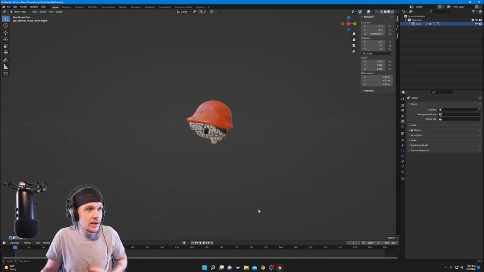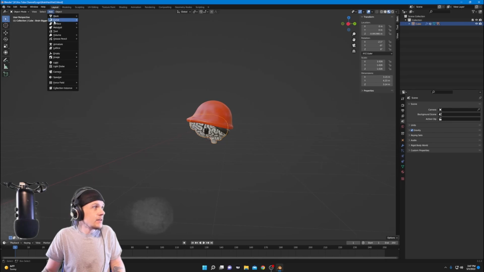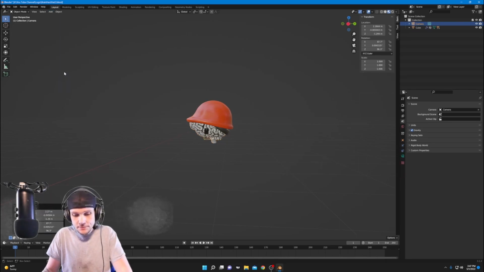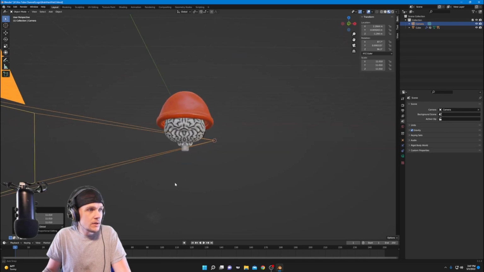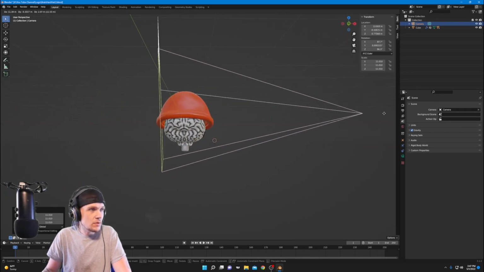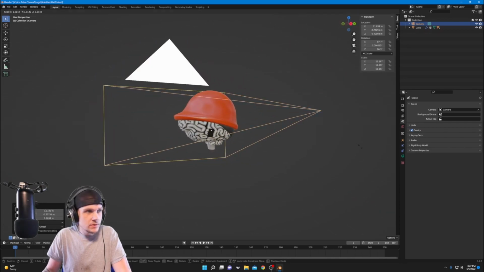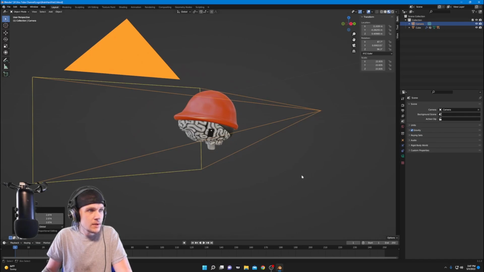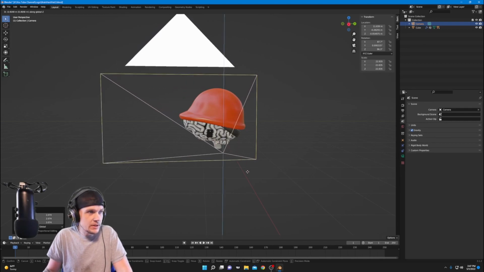All right, so now we need to add some lights and a camera, because if we rendered this right now, nothing would come up because there's no camera. So we need to add a camera, and we will scale it up, and we will grab it and move it back, and we will scale it up some more. You gotta get all of your positions right. Grab it, move it down on the z-axis,